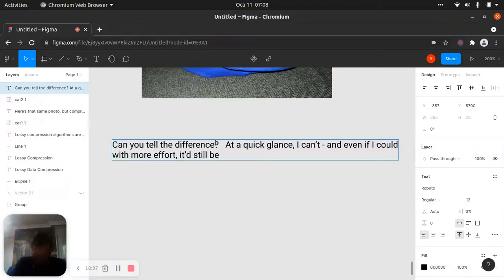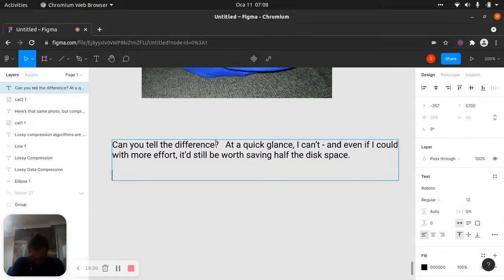half the disk space, which is amazing. Let's explore some of the clever ways